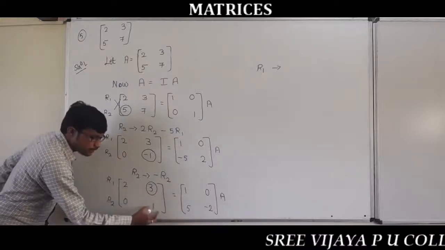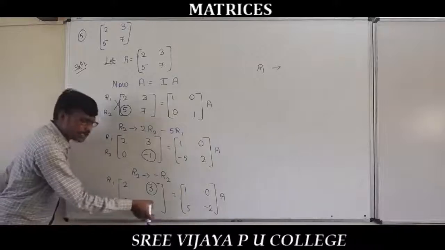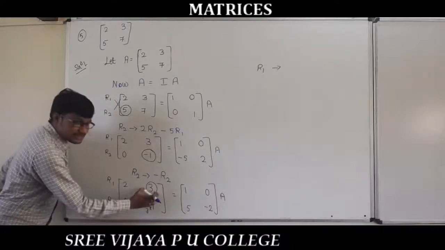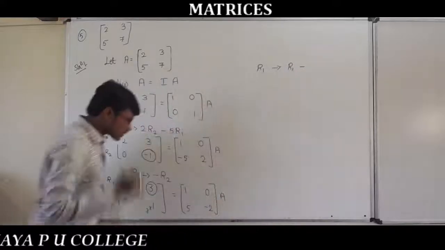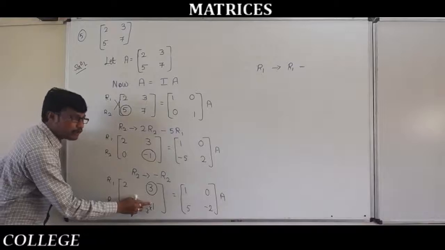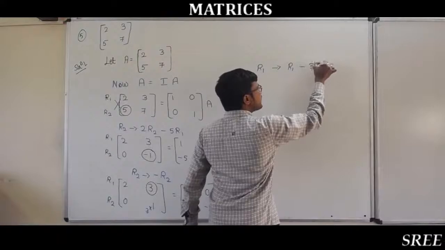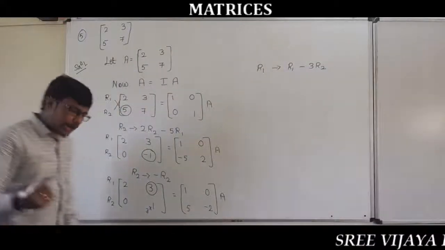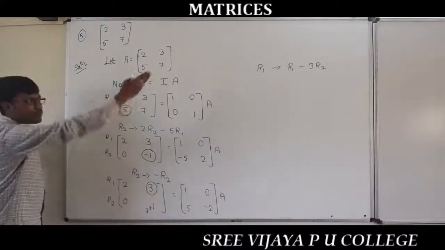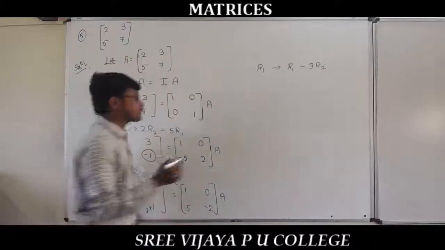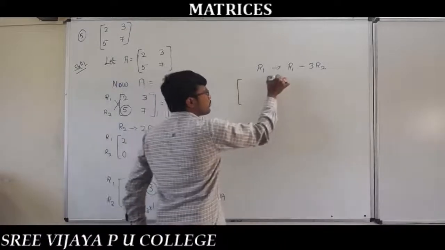So this is 3. To make it 3, what can you do? We can multiply by 3, right? If you multiply by 3, 3 into 1 is 3, so 3 minus 3 is 0. Now this 3 is in which row? It is in the first row, R1. We can subtract that. This is in the second row. For the second row, which element are you multiplying? You are multiplying 3, right? That is 3 times R2. Normally, 1 into R1, minus 3 into R2. Now, according to this elementary operation, R1 changes to